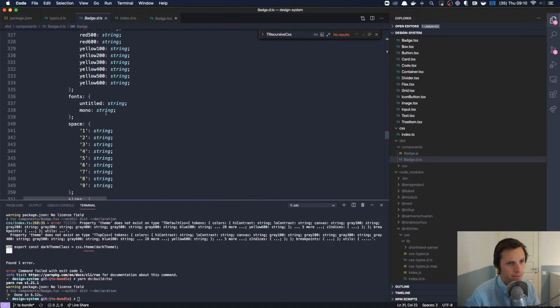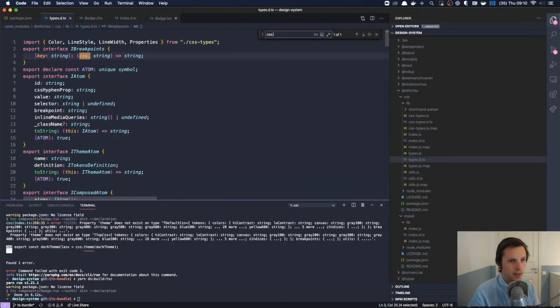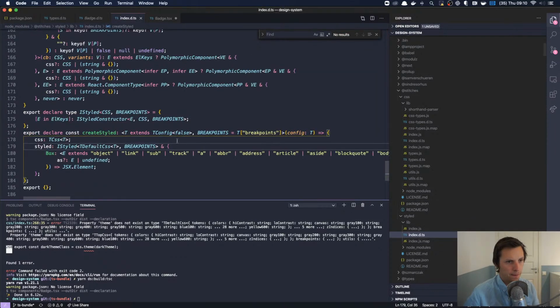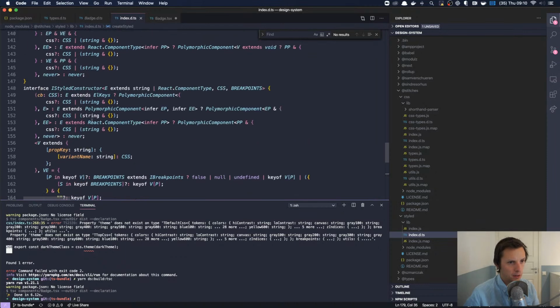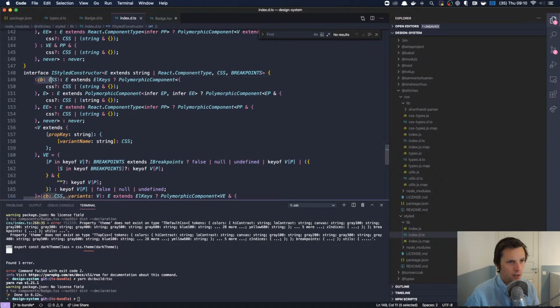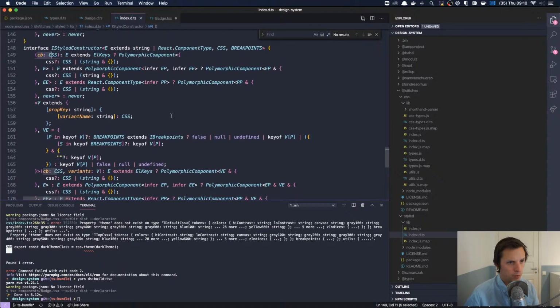Maybe, yeah. Okay, let's see now. What do we actually pass in on the CSS? Where are we? So we have this iStyle constructor, and then we do this, and that returns a polymorphic component.